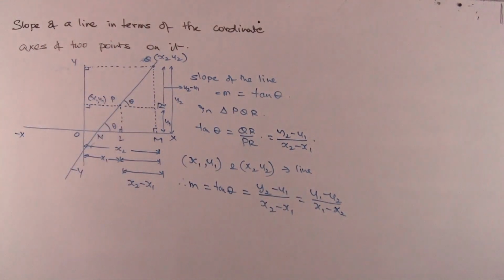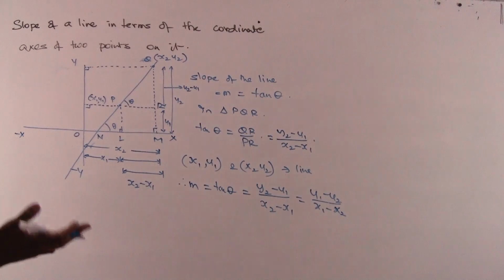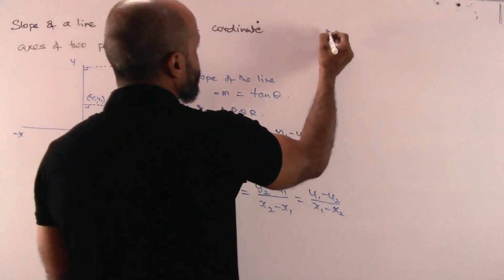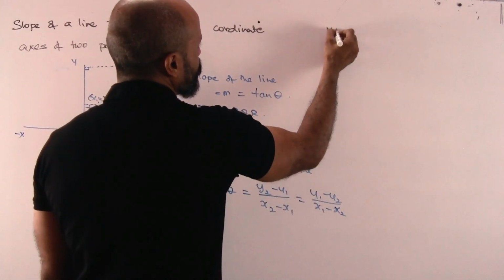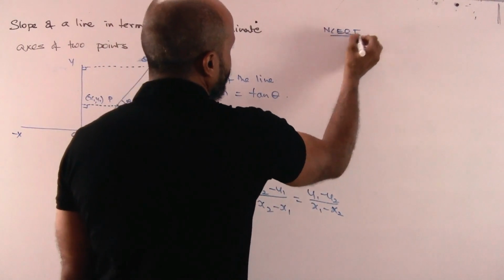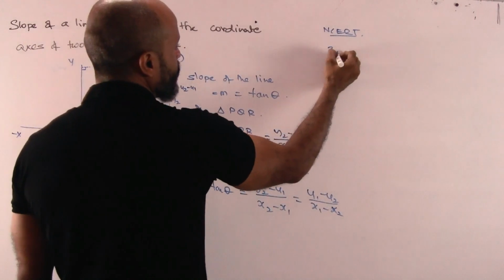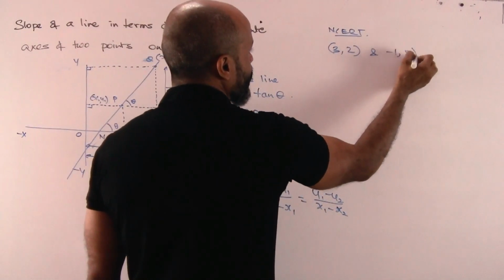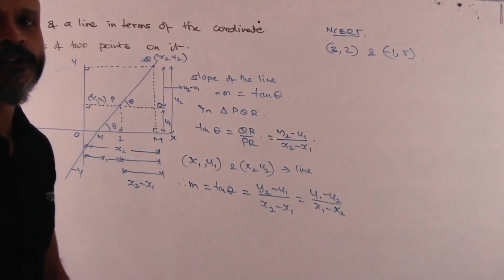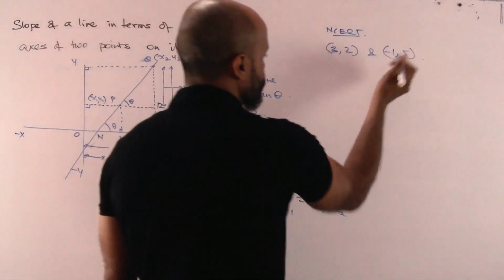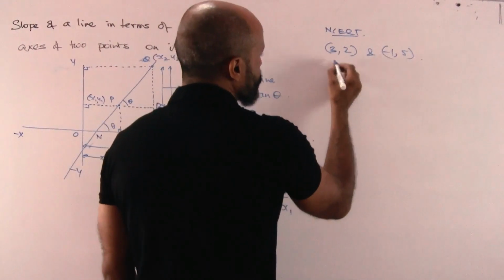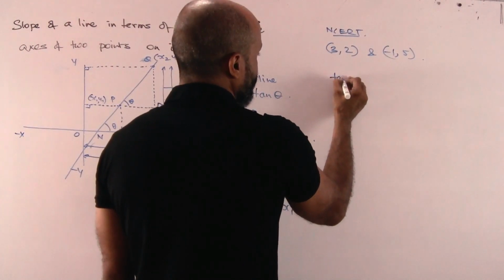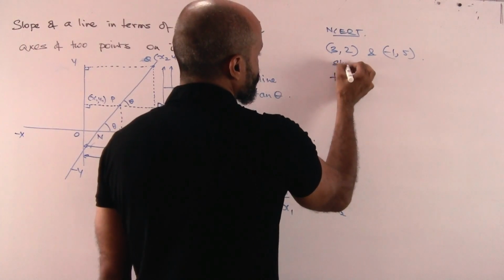So it's a very common thing that we have already studied in the previous standards. In NCERT there is a basically very easy question to be solved: find the slope of a line that has coordinates 3, 2 and minus 1, 5. We have to find the slope of a line which has coordinates 3, 2 and minus 1, 5. So let's frame this out. So we have here 3, 2, okay.